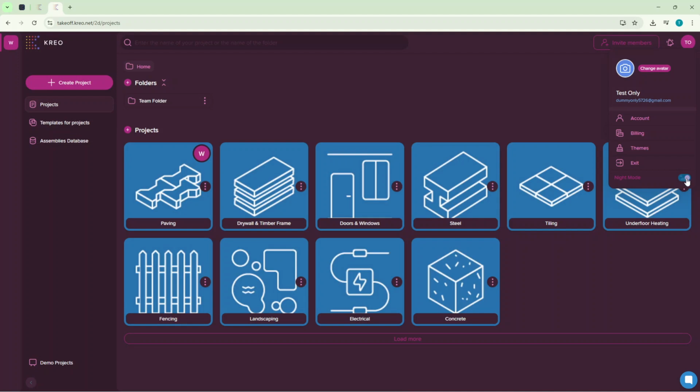Once your theme is set and night mode is configured the way you like, you're all done. Your selections are saved automatically, and you can return to this themes area anytime if you want to try a different look. To recap, you opened Google Chrome, went to Kreo.net, logged in, confirmed you were on the dashboard, opened